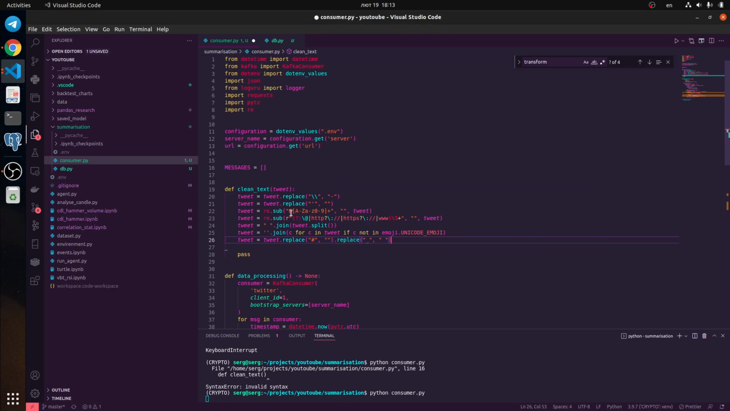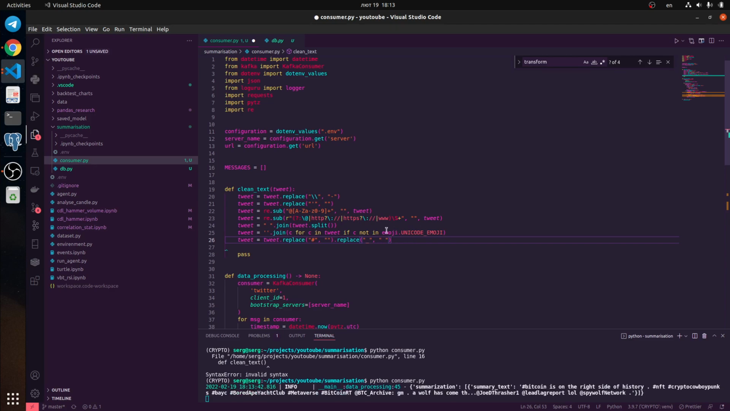Okay, so we do some clean text, and also we need to do some processing of smile using emoji, and we need to import emoji. Okay, but for now we got some information. Bitcoin is one of the right side of history, and we get some information of this neural network. Okay, it's working,